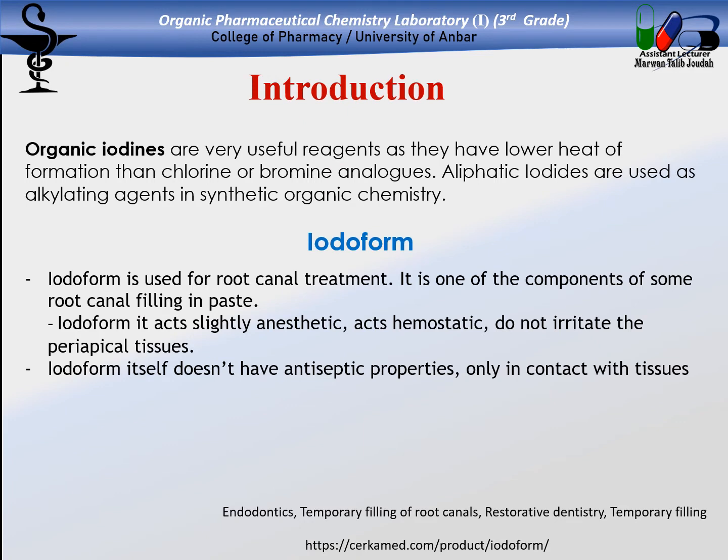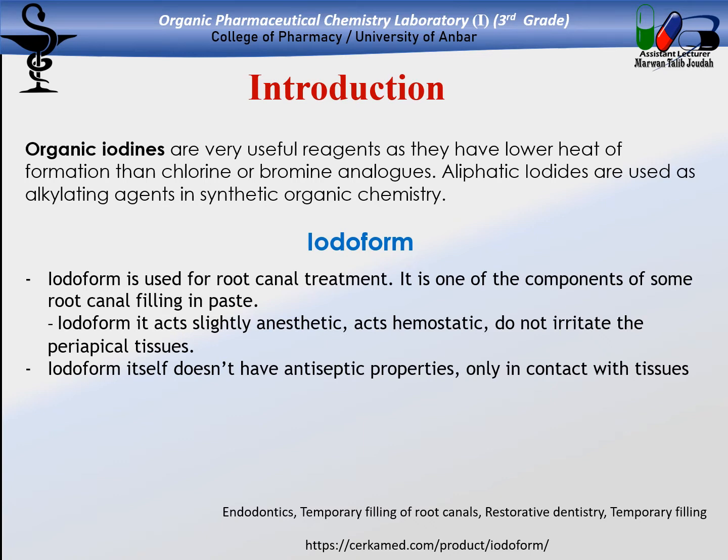Let's get started. There is a term called organic iodines. Organic iodines are organic compounds with iodine atoms attached to them. They are broken down into 2 types. The first one is called the aliphatic iodines, or iodides, and the second one is aromatic iodides. They are different, and in our synthesis we are going to deal with only aliphatic iodides, which is n-butyl